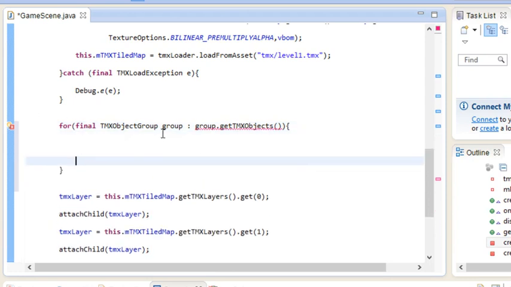So every time this for loop calls, it's going to say, hey, do you have another object? And if it does, it's simply going to pass it to this group here,